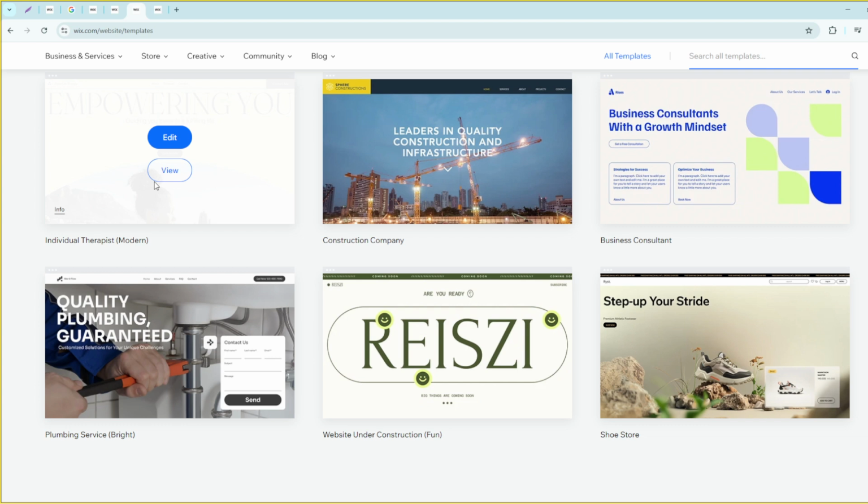As you dive into the editor, you'll find that Wix offers a lot of customization options, from simple text changes to more